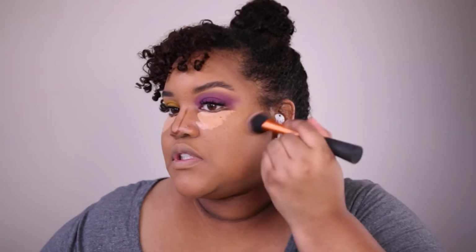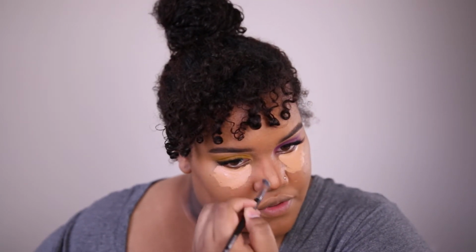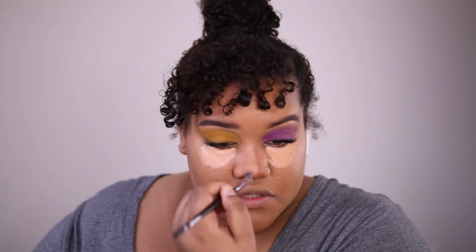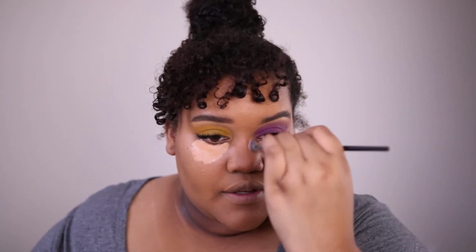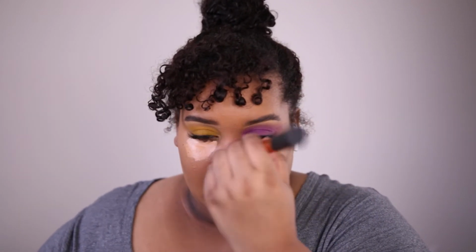So yeah, my contour is hard to blend out. I'm probably gonna have to go back through again and blend some more, but I just took some setting spray because that foundation stick is kind of old, and I just went in with a Real Techniques Expert Face brush. For the nose contour, I'm gonna take the Morphe E62, and it's just an angled brush. This is literally my favorite brush to get in the crevices of this eyebrow area and give me an airbrushed nose contour. Then sometimes it's too harsh, so I just go over it with a foundation brush